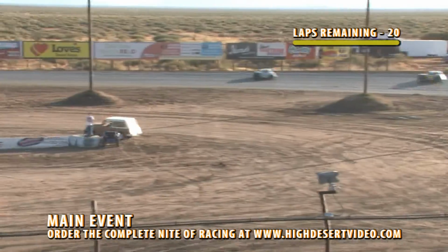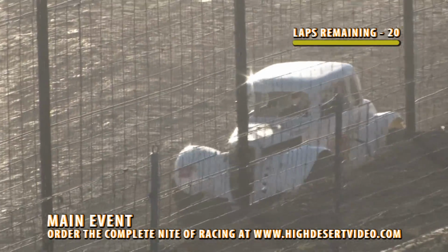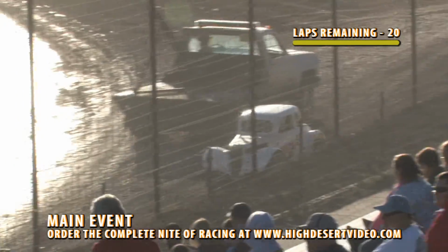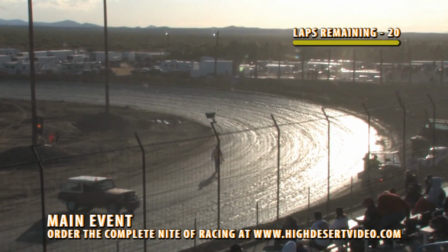One driver stopping up on the high side on turn number 1, the 13. Now being told that is Alvy Williams behind the wheel of that race car. So Williams coming to a stop. Looks like he'll try to get it refired and rejoin the tail end of the field here. Another driver change I'm being told is going to be Tom Zuluaga behind the wheel of the 67. Tom Zuluaga of El Paso, Texas, in the Turf Final Sales